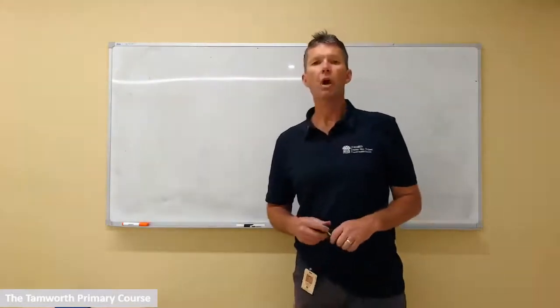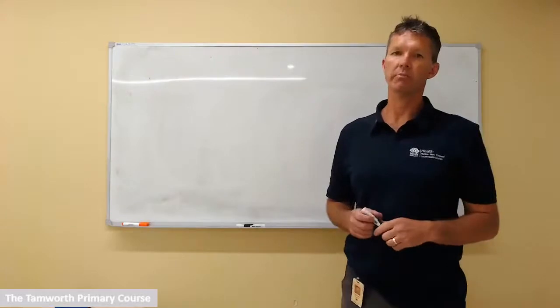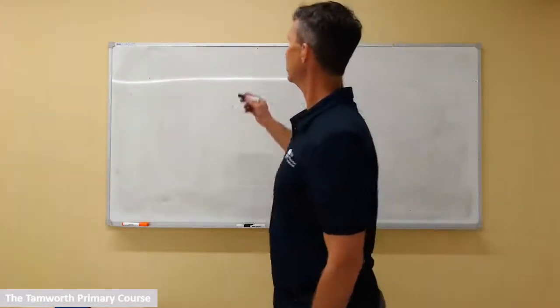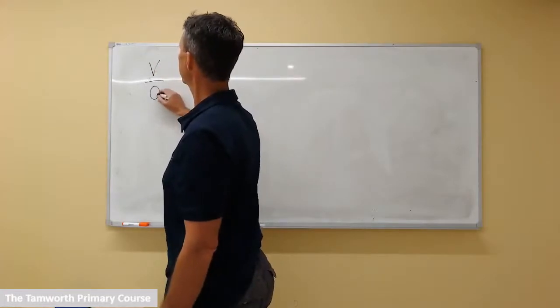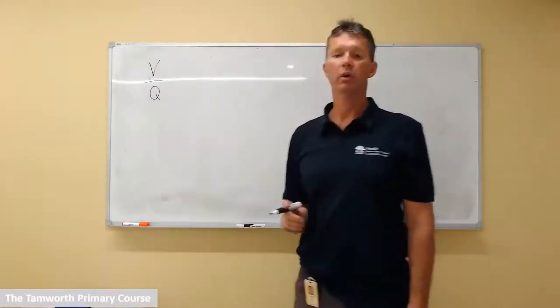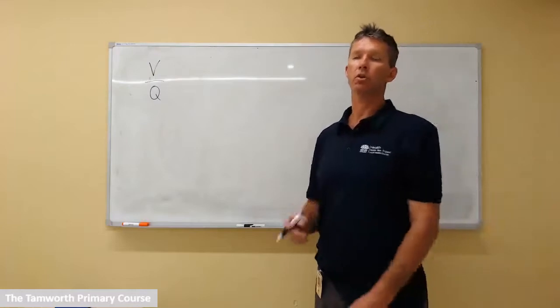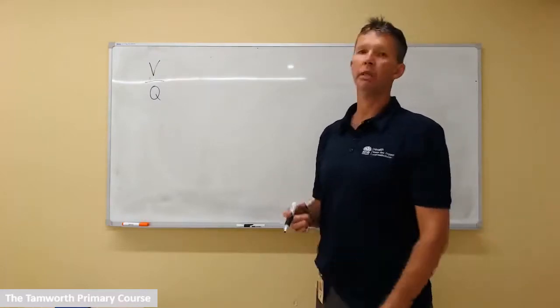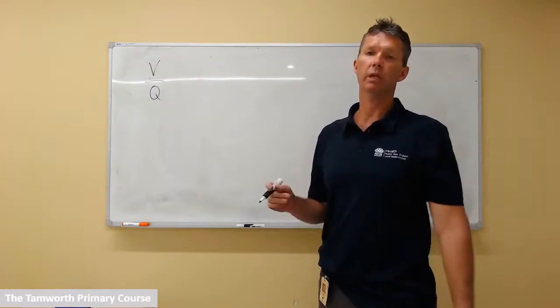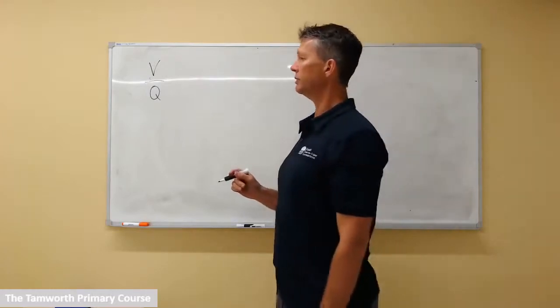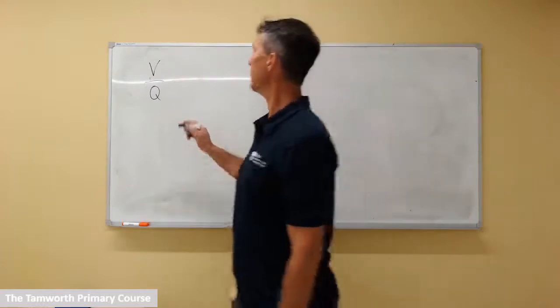So the knowledge required here on the surface is pretty simple. If we're talking about a VQ, we're talking about ventilation divided by flow. That's ventilation of a respiratory unit or a lung divided by the flow of blood that traverses that unit or lung. In essence, it is that simple. It comes out with a ratio,